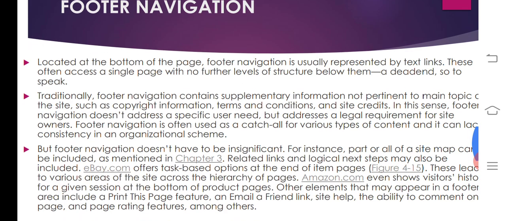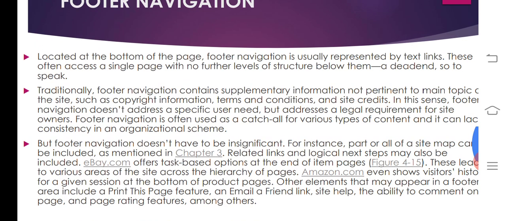Footer navigation is also one of the important navigations. Footer navigation is usually represented by text links. These often access a single page, with no further levels of structure below them, a dead end, so to speak.